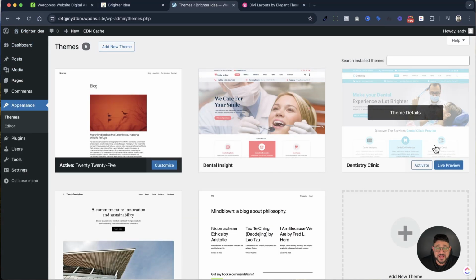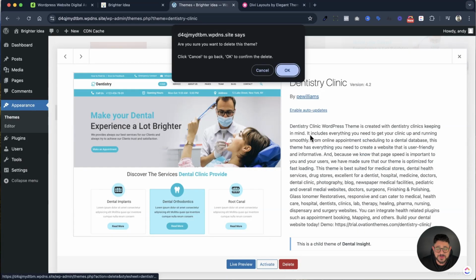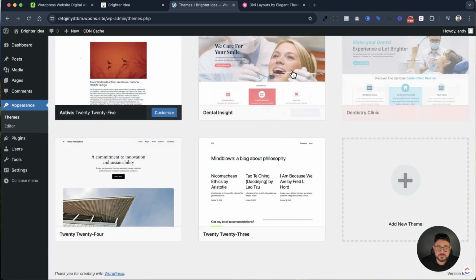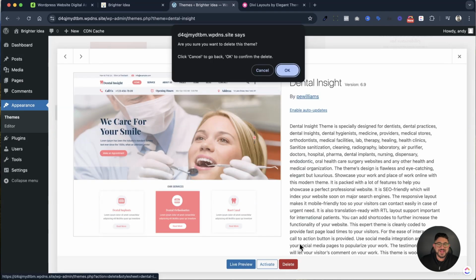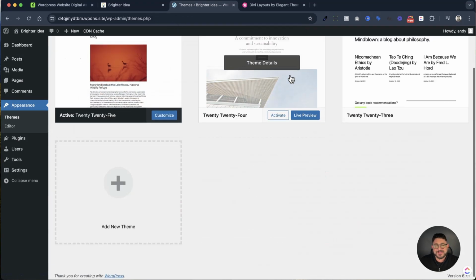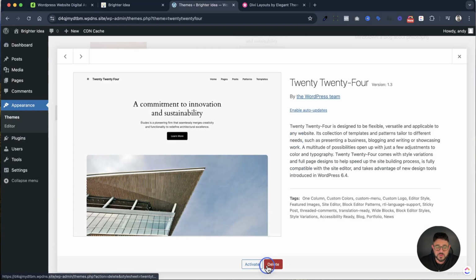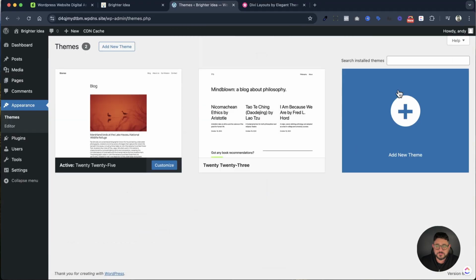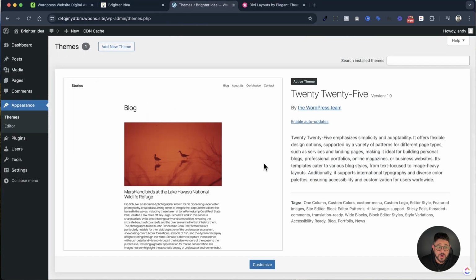Since I don't want this one anymore, what I can do is just click on it and click on delete down here, and it's going to go away. And this other one, I will just click on it and delete it. And I like to keep it relatively clean. I don't like to have too many unused themes in my library. So I'm going to go through each one of these, delete the ones that I don't want, and I'm going to add the one that I do want, which for this tutorial is going to be that